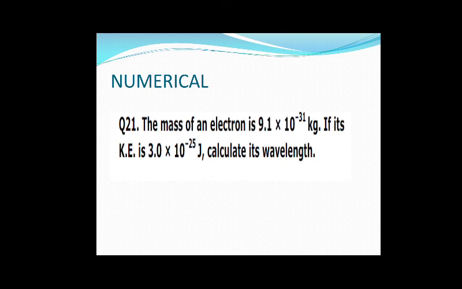So which formula will we use? If you know, you can pause the video and you can try. The formula would be the de Broglie relationship, lambda is equal to h upon mv. h value you know, m value is given to you, v value is not given to you. The v value you can calculate by the kinetic energy formula, half mv square. This kinetic energy is given to you, and it will be equal to half mv square. From there you can calculate the v value, substitute it in the formula, and easily calculate